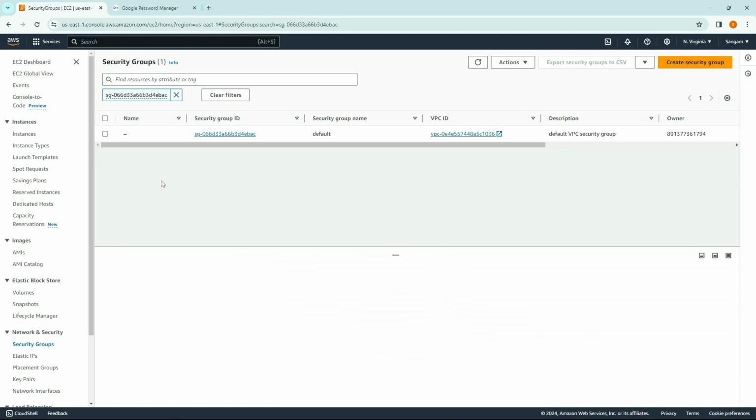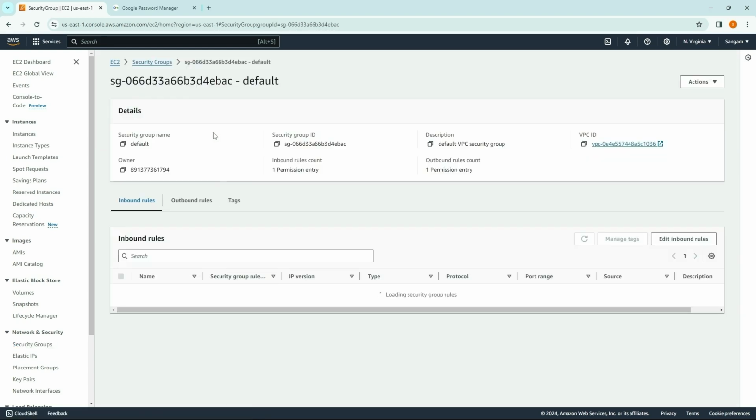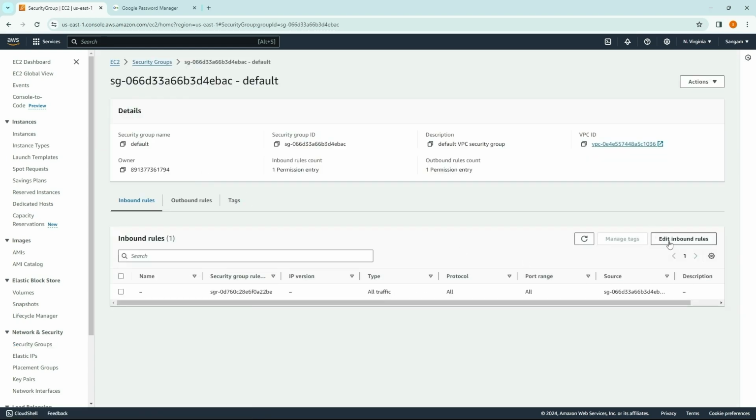We need to make some changes to this security group to allow connections from any IP address. For that, let's navigate into the security group. Now as you can see, this is the security group which has the current rules. We need to edit this. Just click on this. As you can see, you can edit the inbound rules